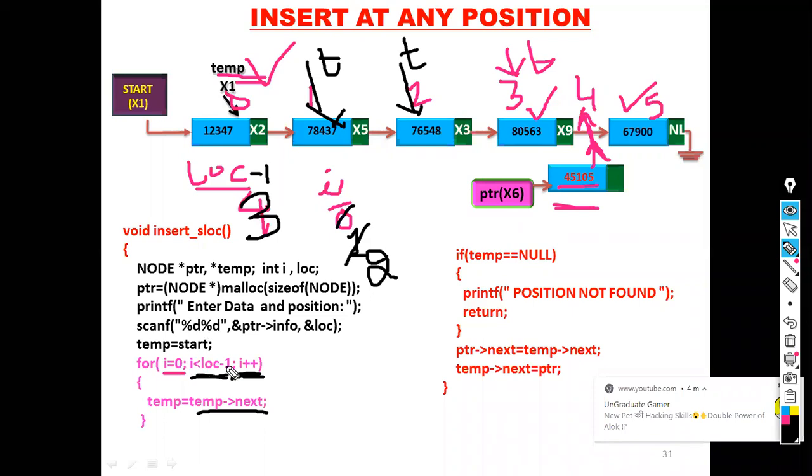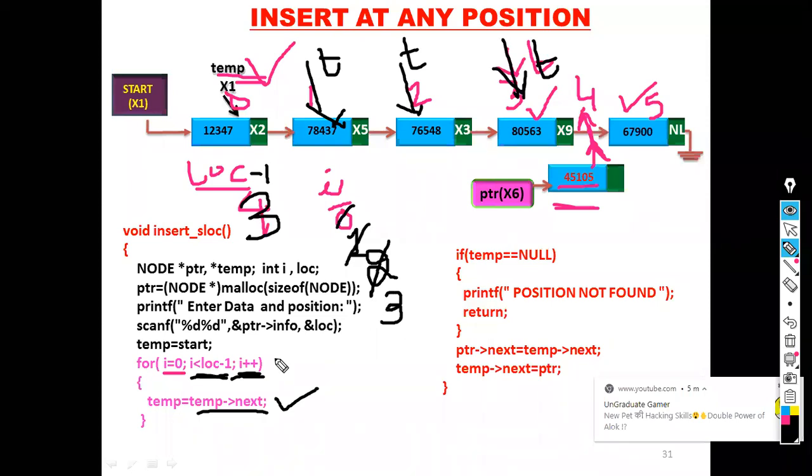You have to test the condition, i is less than location minus 1 or not. As 2 is less than 3, you have to update the temporary pointer. Temp equal to temp next. That means now temp is pointing to the node that is present in the third location. Okay. Then what is the new value of i? New value of i equal to 3.